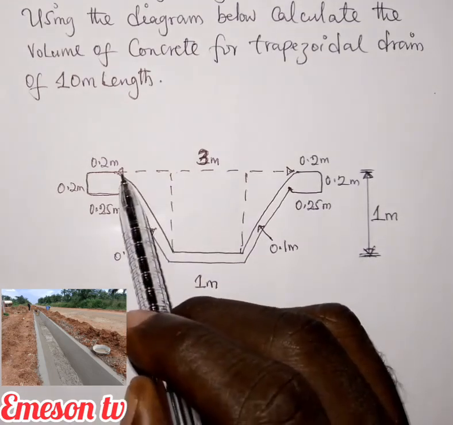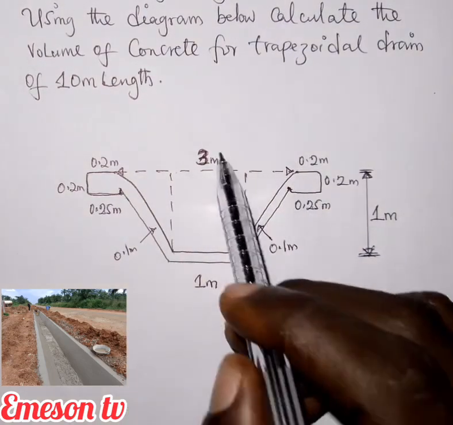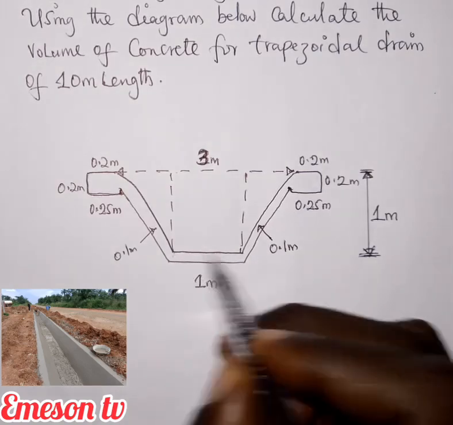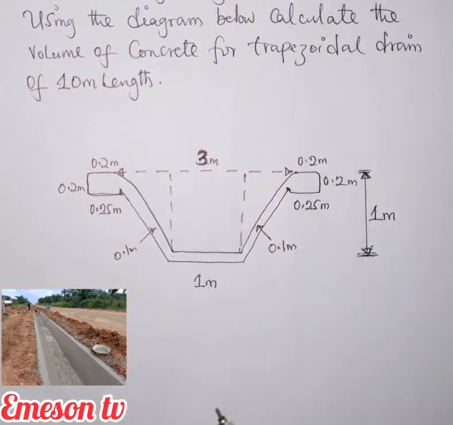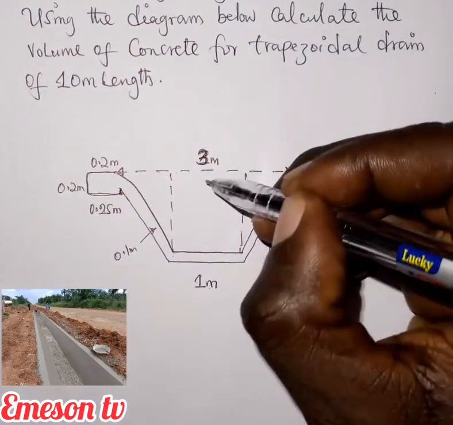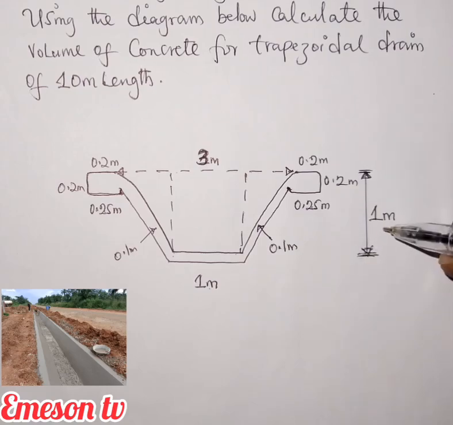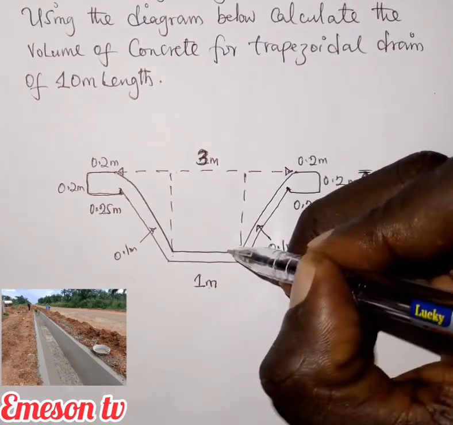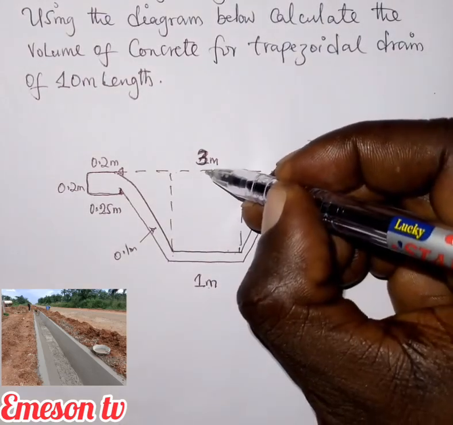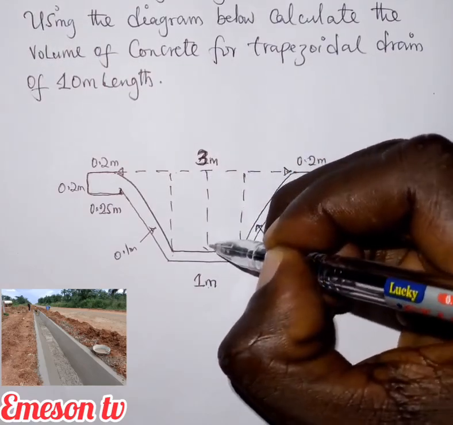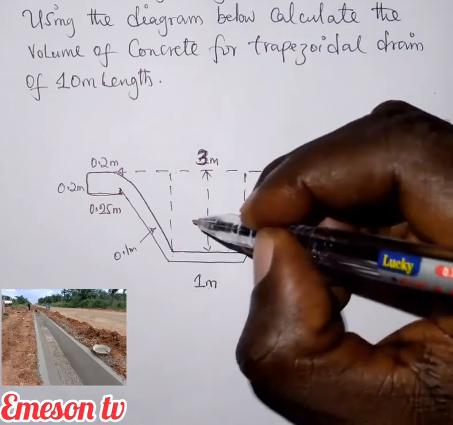We have been given the top width to be 3 meter, the bottom width to be 1 meter. So from here to here is 1 meter, from here to here is 3 meter. So it means that the height has also been given to be what? 1 meter. That is from here to here to be 1 meter. So I can have something like this to act as the height, which is 1 meter